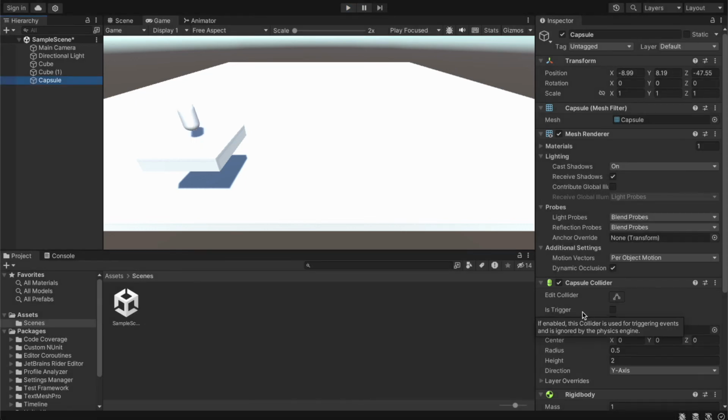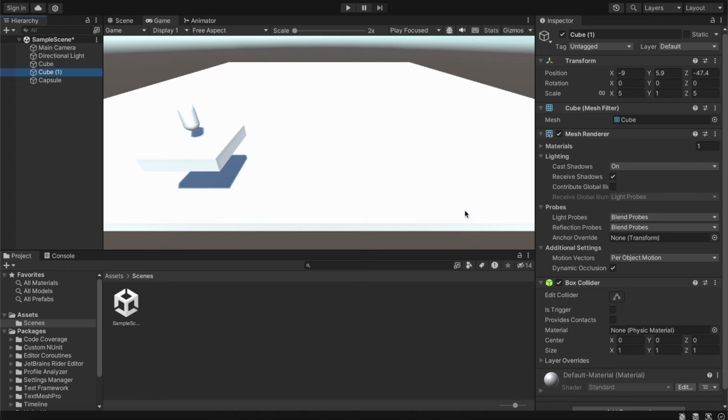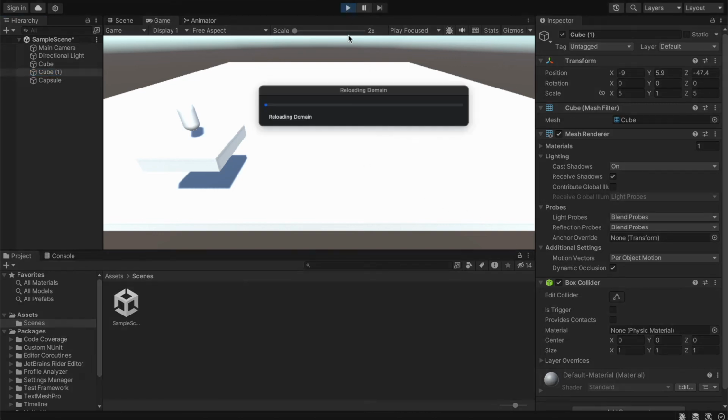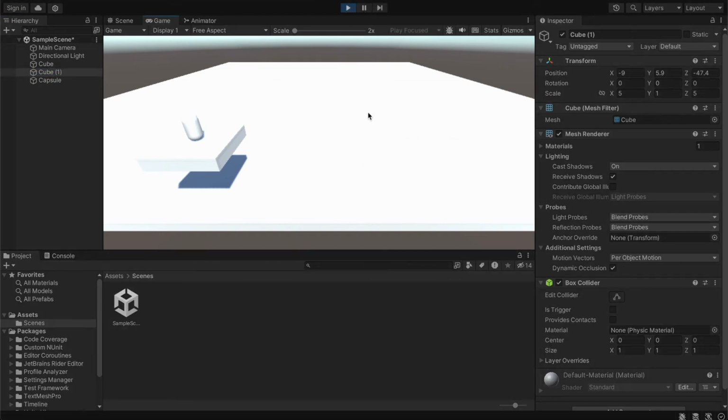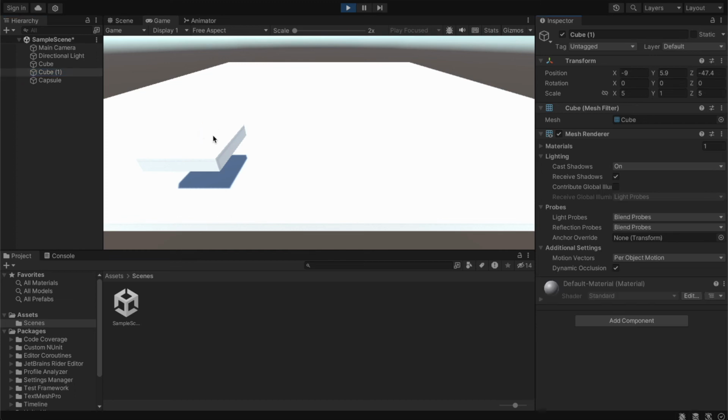Alright, so let's take a look at the collider. So colliders are used so the objects cannot pass through each other. So the capsule has a capsule collider and the cube has a box collider. So for example, if we go into the play mode, so nothing will be saved, we're gonna try to remove a collider. So select the cube 1 and remove the box collider. As you can see, the capsule immediately falls through the cube. Now if we stop the play mode